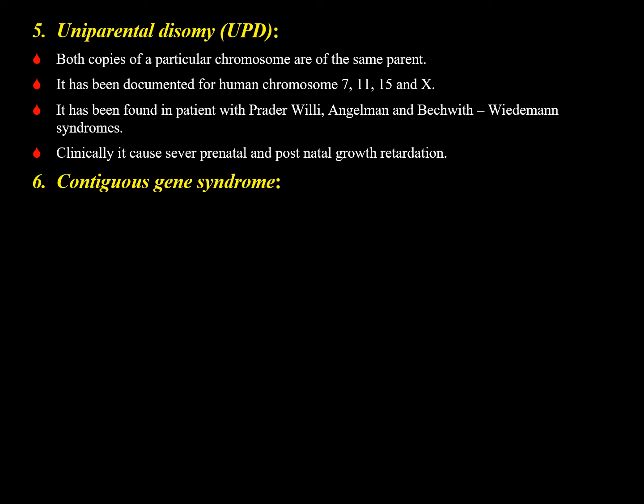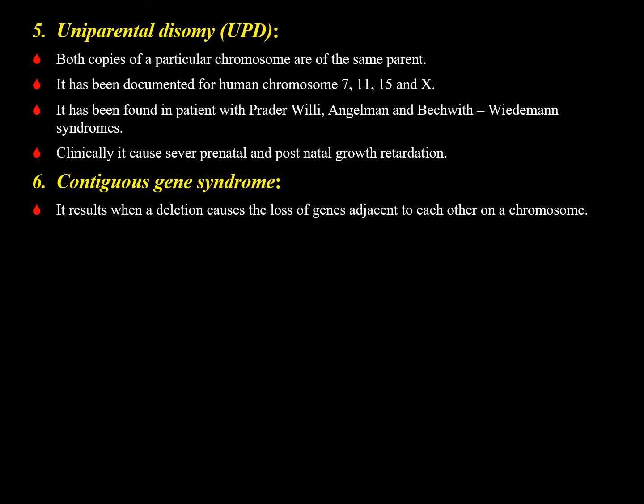The other type of chromosomal abnormalities is the contiguous gene syndrome. Here, it results from deletion. It results when a deletion causes the loss